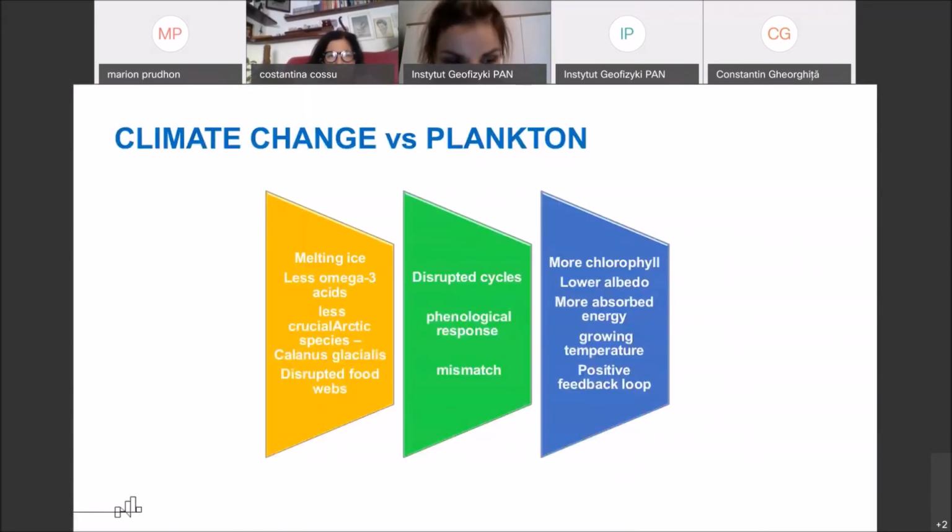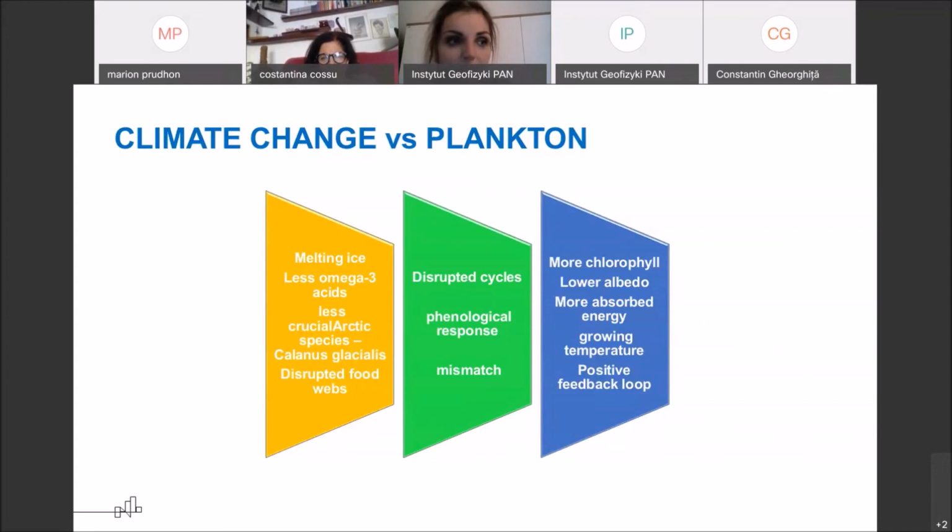And this is what I would like to end with, the very delicate relation between climate change and plankton in general. And this time I would like to focus on phytoplankton in particular. So we know that climate change, especially in the Arctic, where it can be up to 6 times more intense than in other parts of the world, has some serious effects, like melting ice. There's more melting ice, and the ice starts melting earlier than before. This means